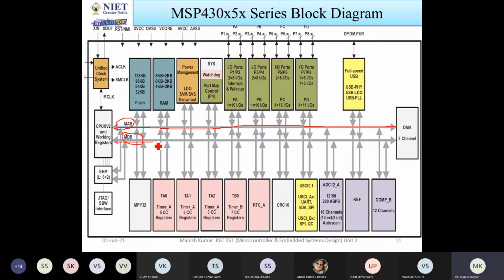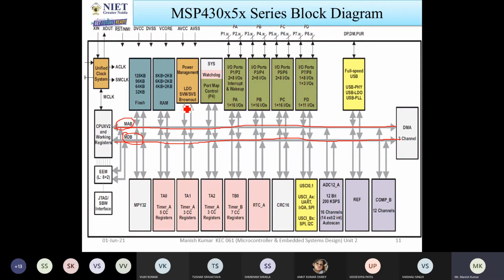Whatever components are available, all components are connected with these two buses, the address bus and data bus. Like you can see, flash memory is there, connected with these two. RAM is there, connected with these two buses.